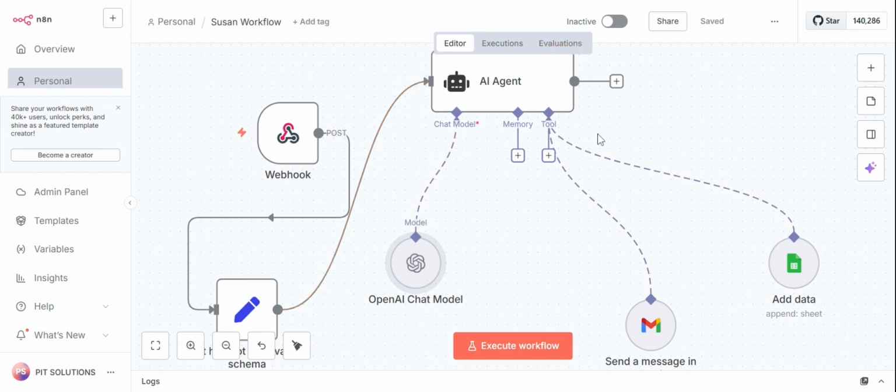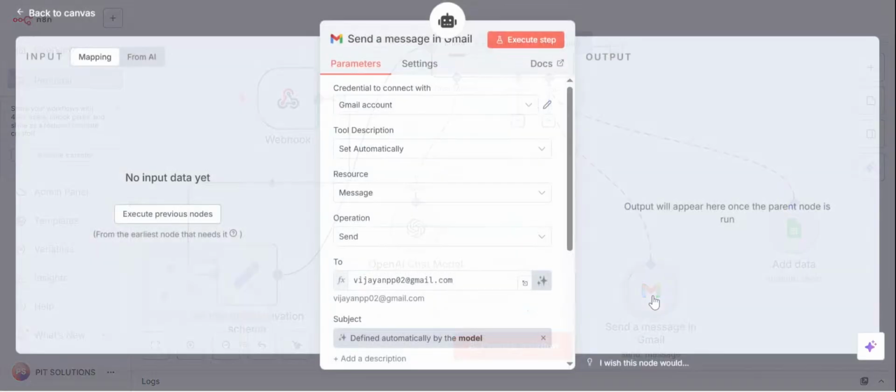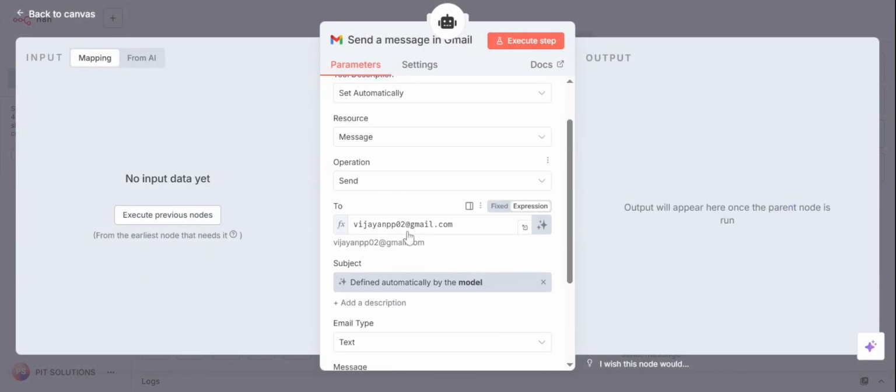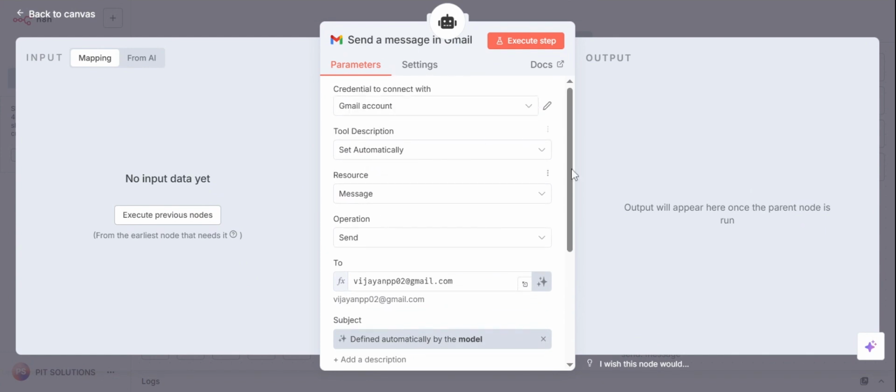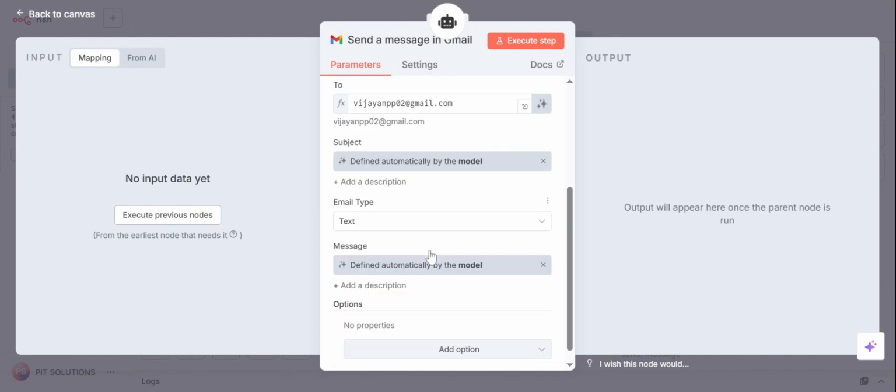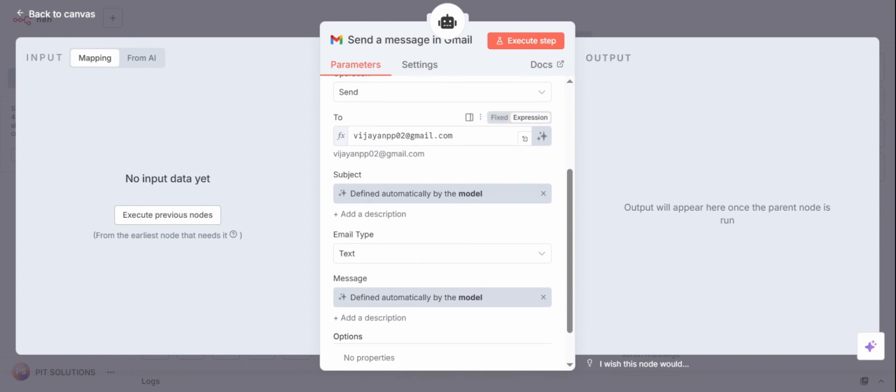Once the analysis is done, this will be sent to the mail here. When we click here, you can see the respective mail to which this email will be sent out, and that is the recruiter. If you want to have any other mails as well, they can be added over here so that the respective recruiter will receive that mail.